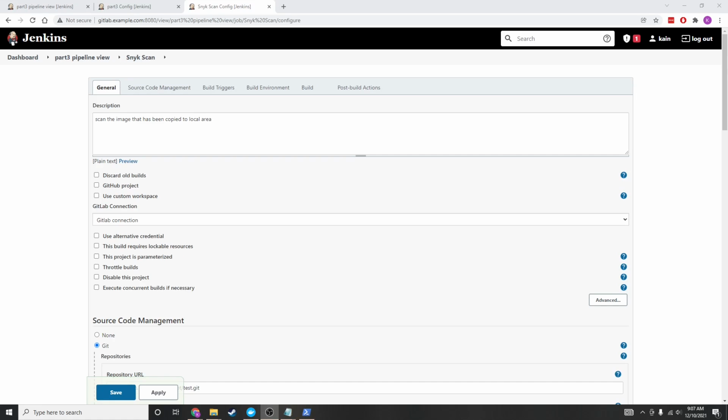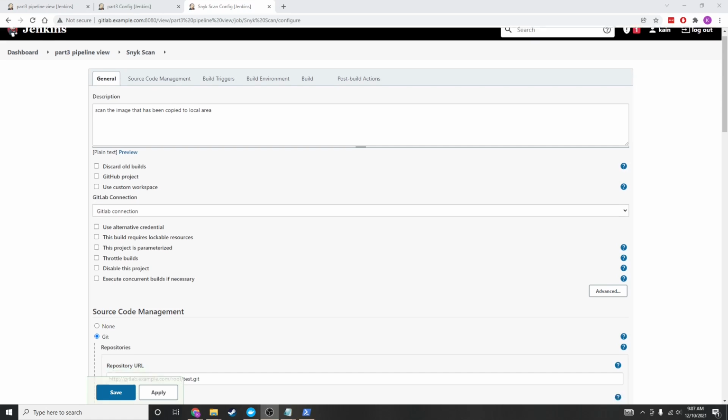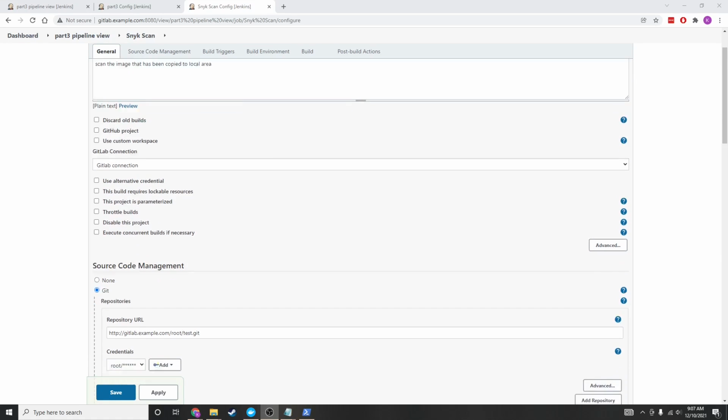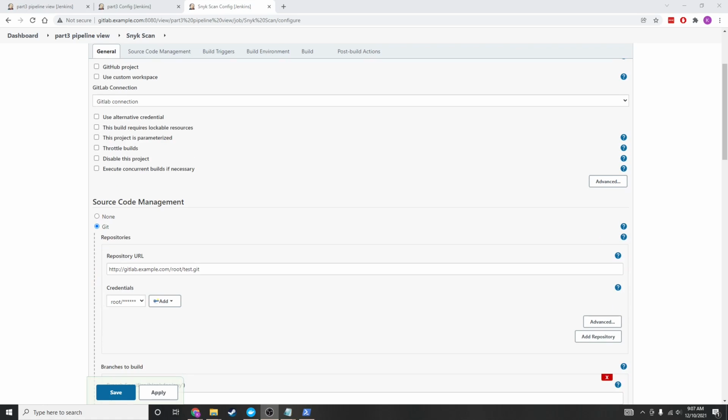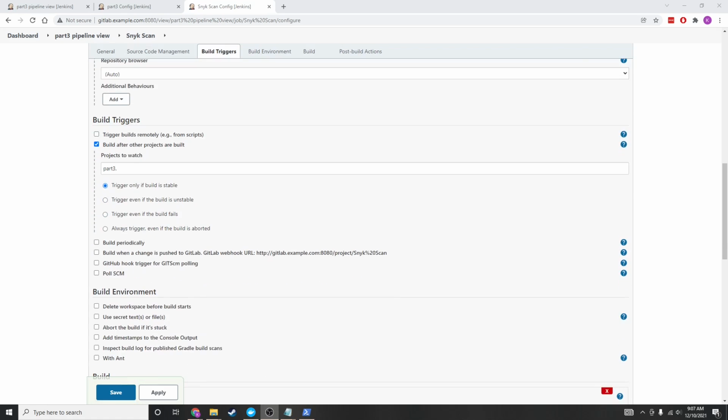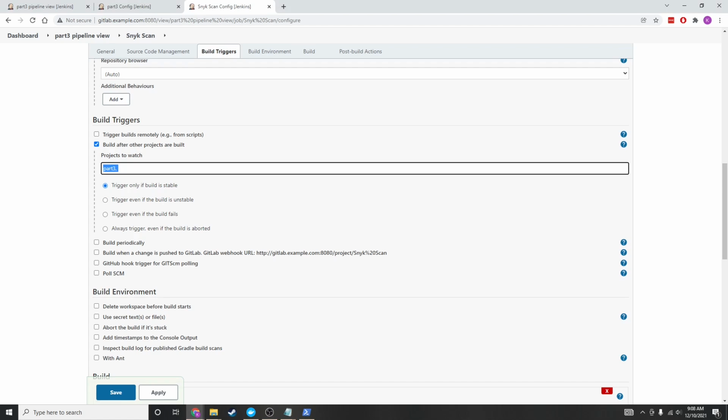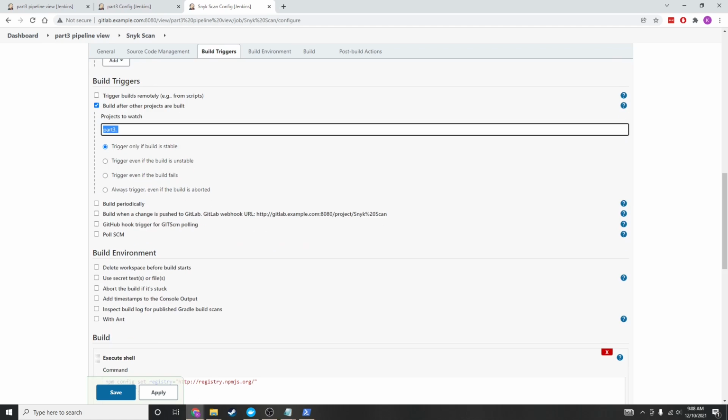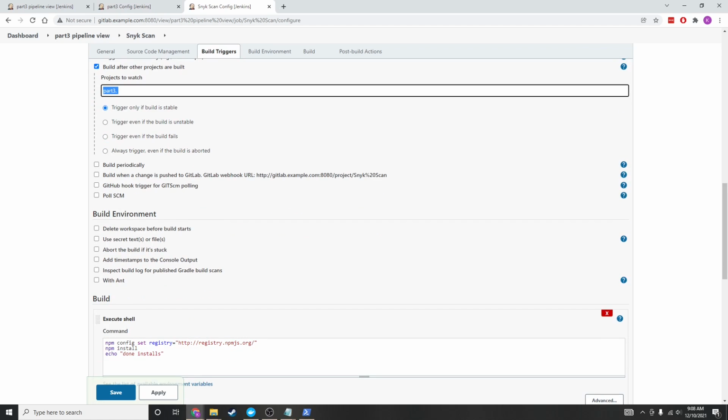Now in the Snyk scan project, we can see we also have the GitLab connection, but in addition we have the user credentials for the source code within GitLab, and then we have a trigger here, and instead of just the webhook trigger to GitLab, we trigger it off the completion of another project, in this case the part 3 project, and it will watch that project, and if it builds and it's stable, then the Snyk scan project will commence. The first thing it will do is pull the source code in from GitLab,